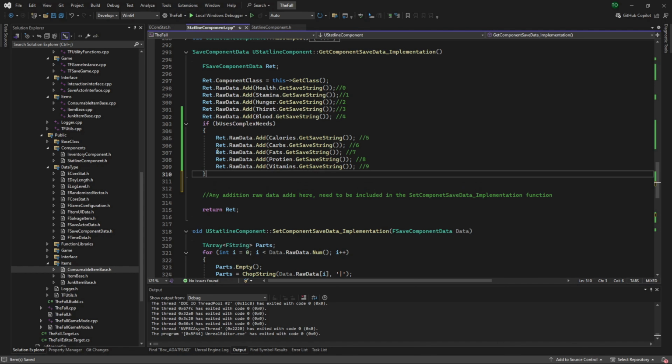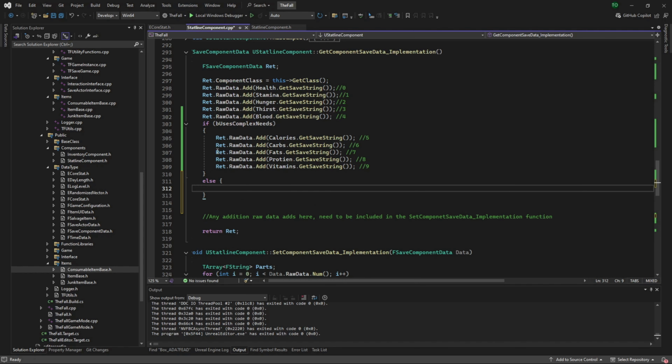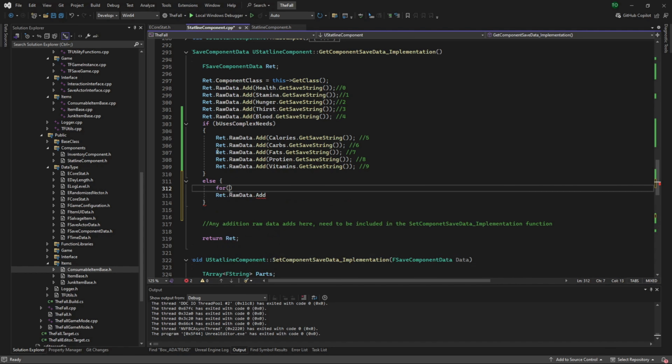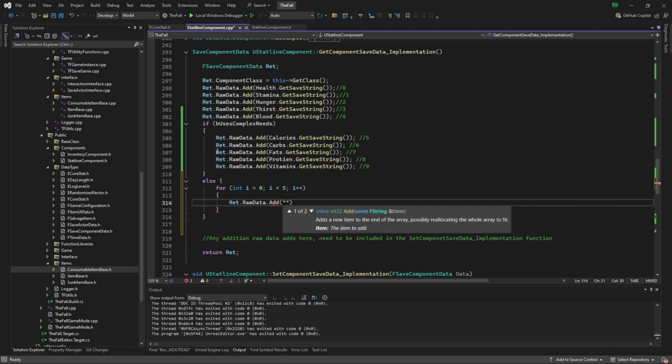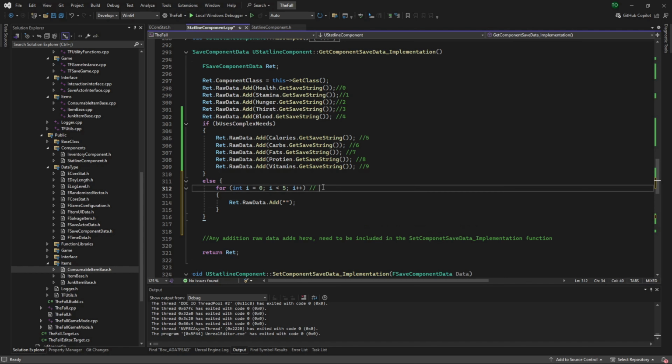So I don't like using if else that much, but if else 1, 2, 3, 4, 5 ret dot raw data dot add for int I equals 0, I less than 5, I plus plus. We're just going to do a really basic for loop here. And then add a comment. So what this is here,